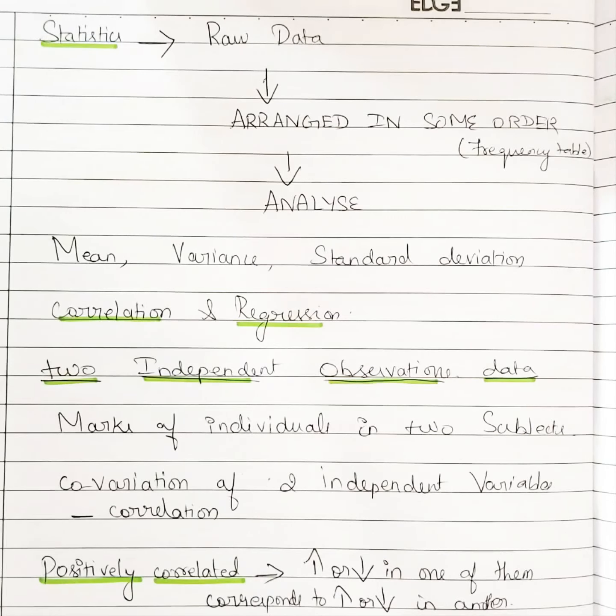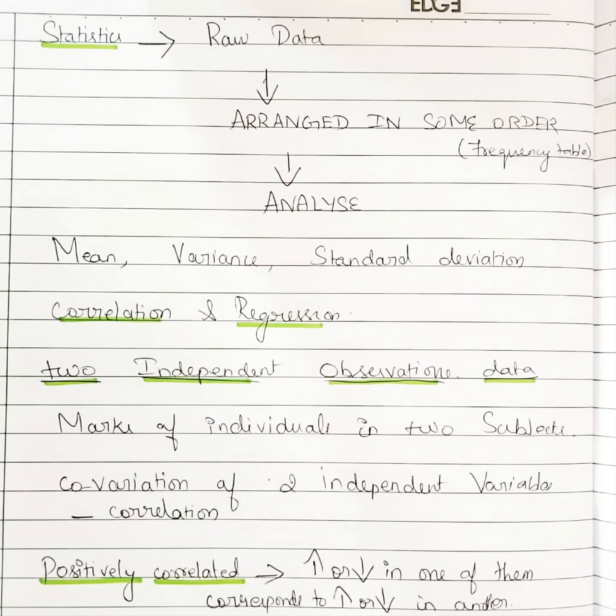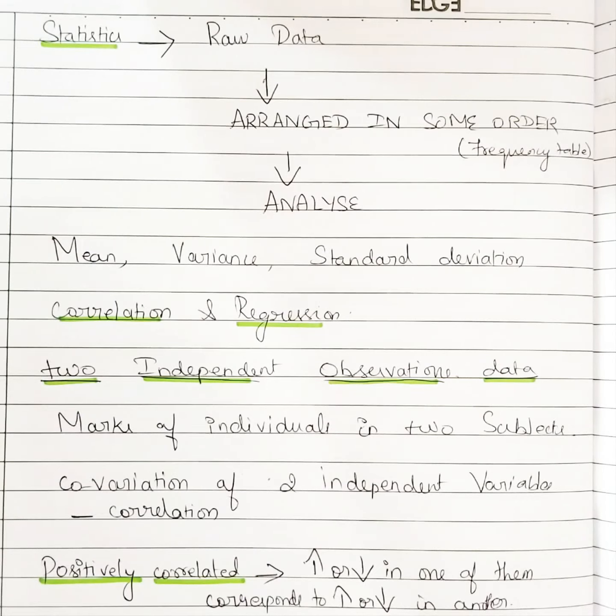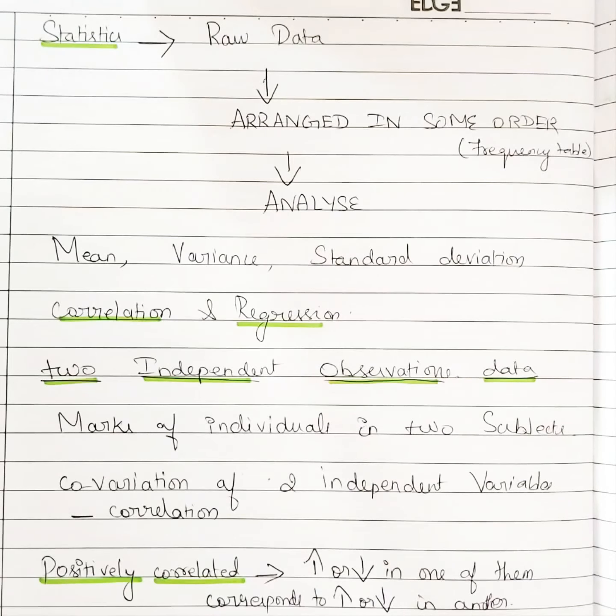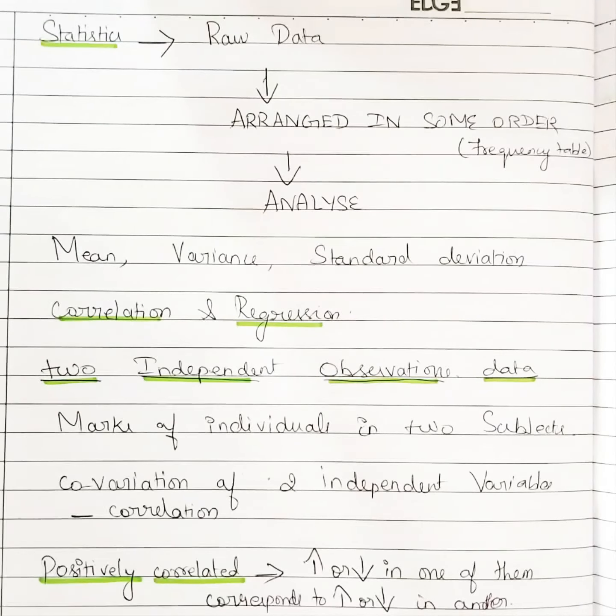For example, we are collecting BP of different age groups. The data is too huge, so we'll write it down in a frequency table, say 0 to 20, 20 to 40, 40 to 60, and so on. Now it's easy for us to analyze, correct? And then we'll be studying the data in different aspects. So we'll add all the values and divide by the total number. That will give you the average, the overall idea, right?